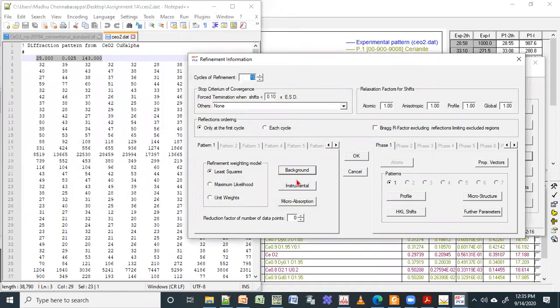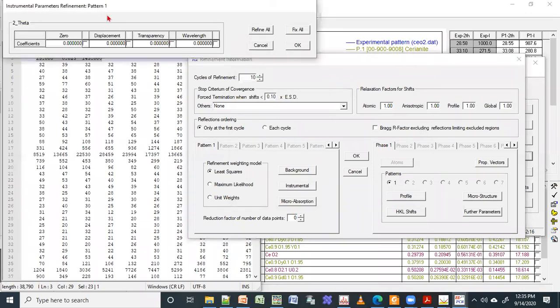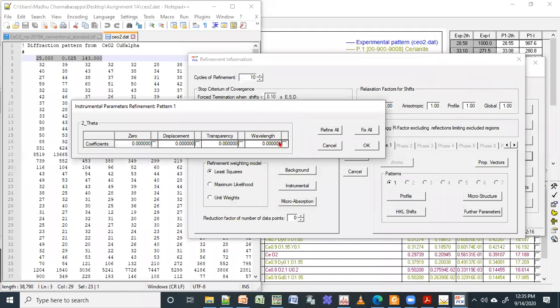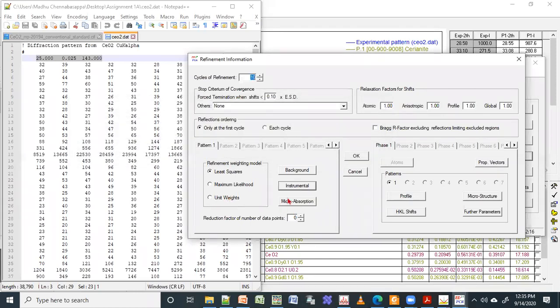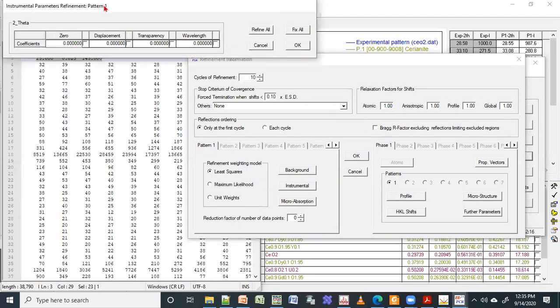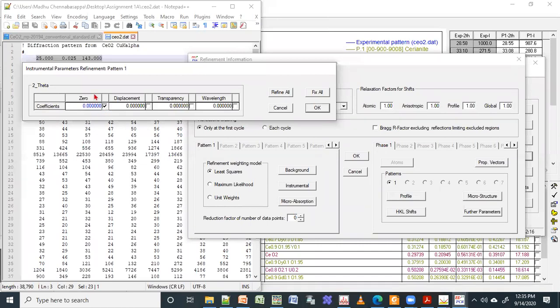So now you can go to the instrument. In instrument there is something called displacement, transparency, wavelength. These are the coefficients that you can also refine. Right now let me not touch this. Don't touch the micro absorption. If you want, in instrument you can do this 0 refinement.